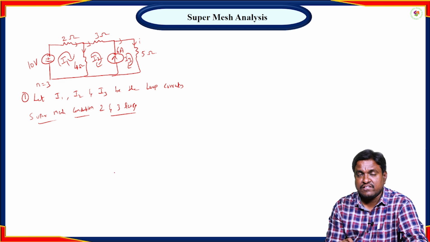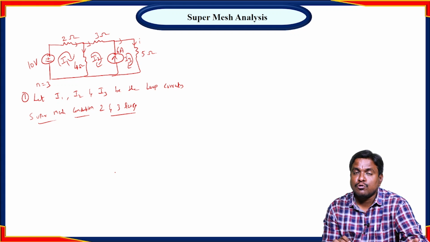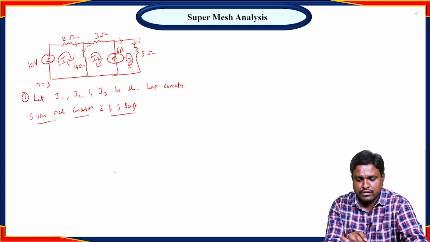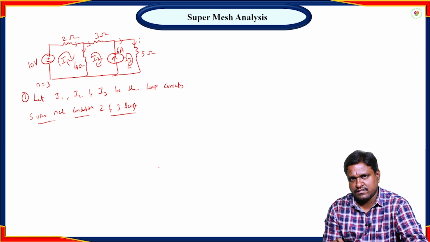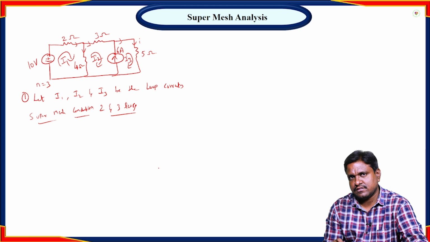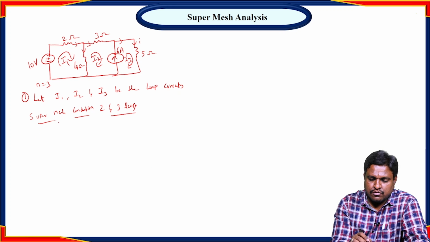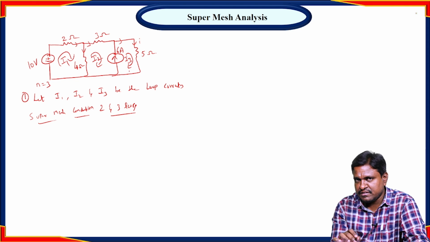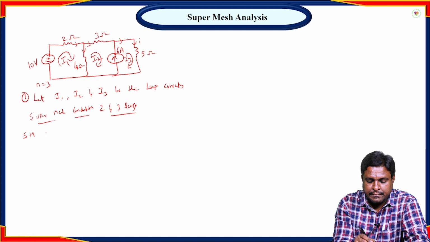Next, we have to write the super mesh equation for those particular loops. As we know, the number of loops will be equal to the number of loop equations. Since we have 3 loops, we get 3 equations, as we have 3 unknown quantities. So here we have to get 3 equations. The first equation is going to be the super mesh equation. Here we can see 2 and 3 are under super mesh condition. So the super mesh equation is,